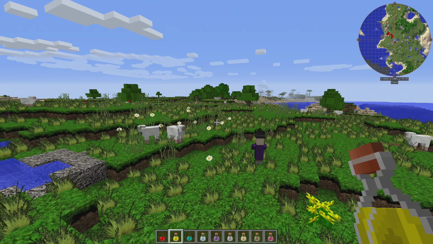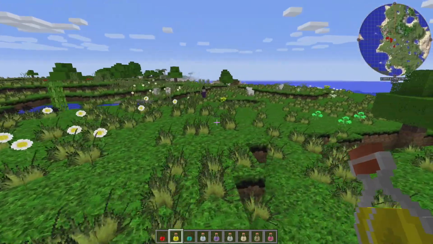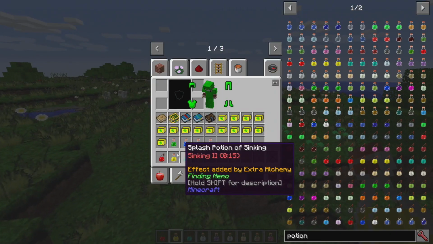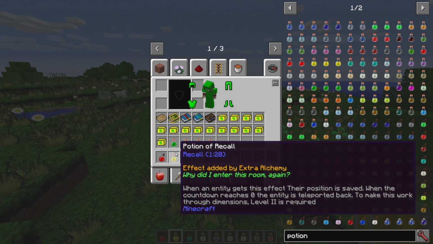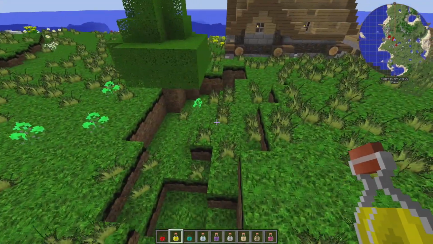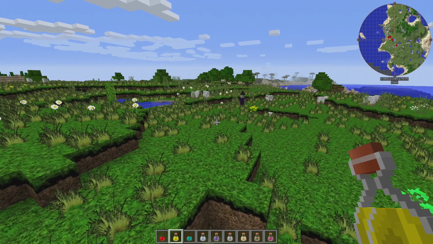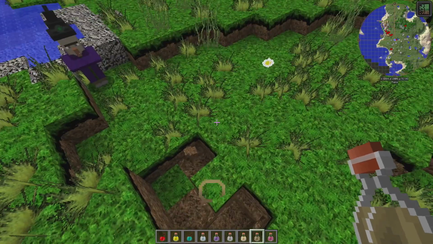So that would be pretty helpful if you wanted to take it, jump into somewhere, maybe the Nether. I believe you can only do that when you have Recall 2. Yes, so if you want to make it work through dimensions, you need the level 2. But if you just wanted to use it in the overworld by going down into cave areas only for about a minute or so, and you want to be teleported back to your home base, this would be perfect for that. I'm going to show you guys a couple of my favorite ones,